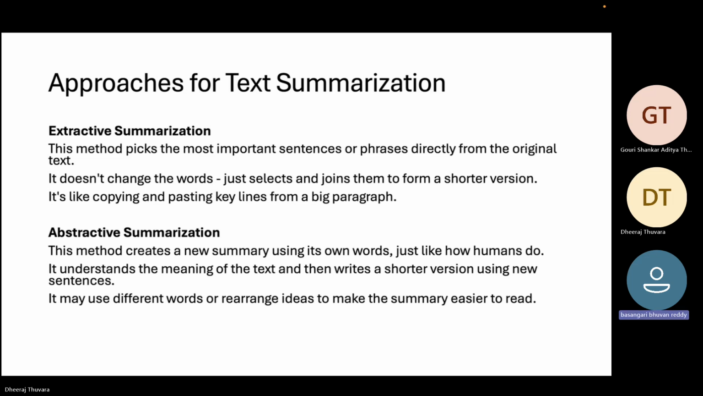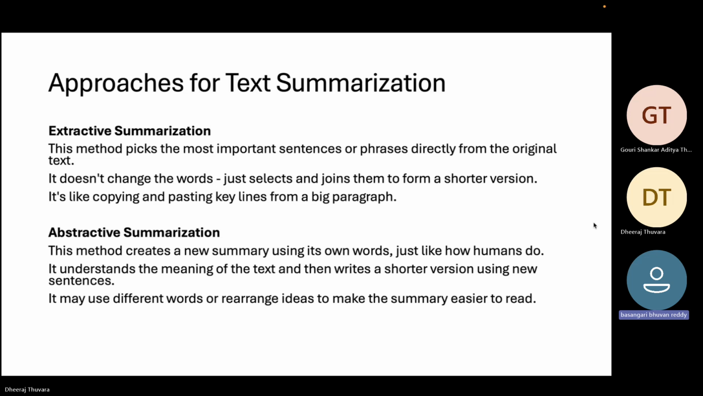For text summarization, we can take two different approaches, which are extractive summarization and abstractive summarization. Extractive summarization is basically the older generation, where we take the whole paragraph, and the important sentences or phrases are sorted out. We don't even change the structure of the words, and it just gives you a shorter version of the same big paragraph by copying and pasting those important